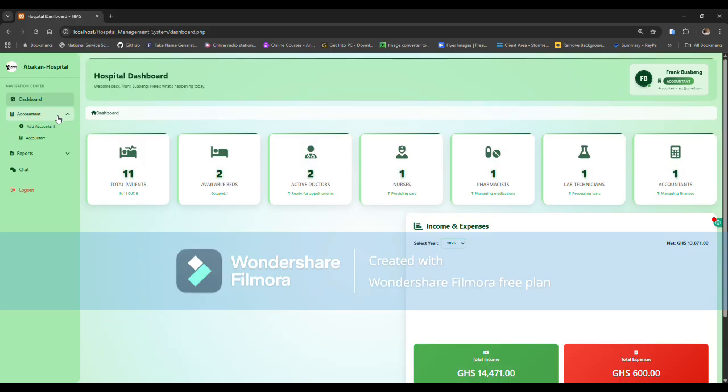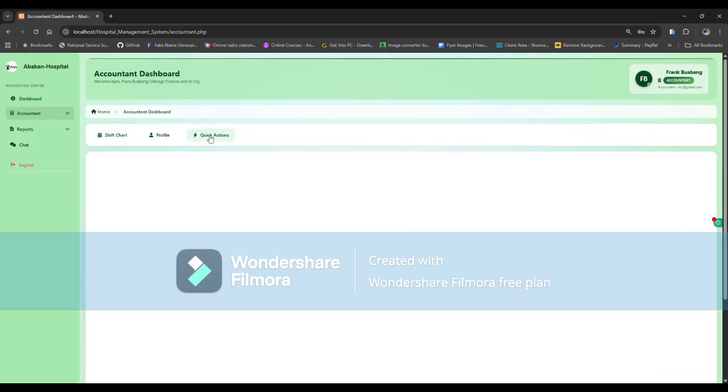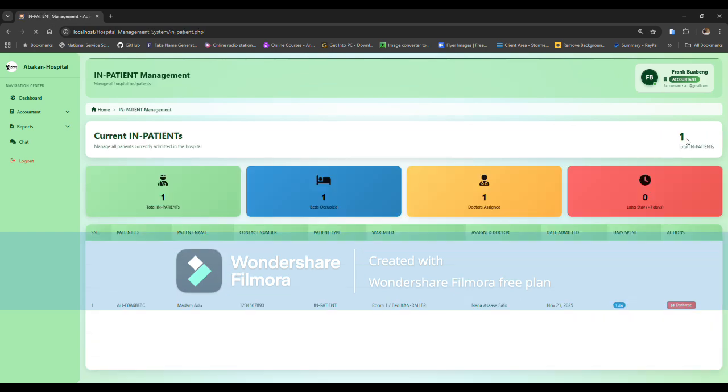So we come to accountant, and then we head to the quick actions, and then we go to discharge patients. So we then proceed to inpatients. So we have 1 inpatient here whose name is Madam Edu. That is the patient that we created from the beginning of this session. So we can see Madam Edu has 1 day spent, and then if we are to discharge Madam Edu, what we are going to do is